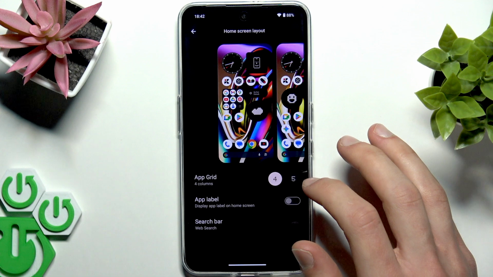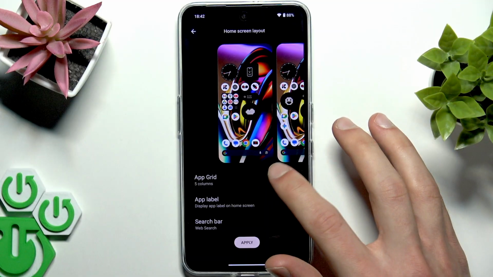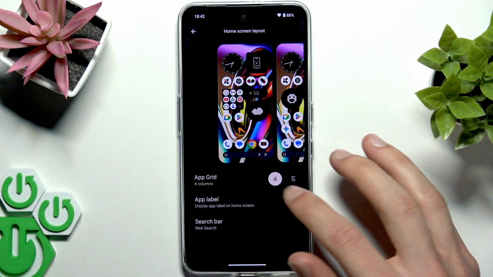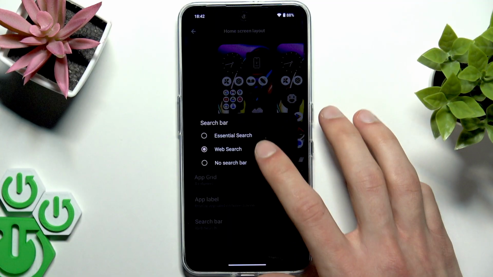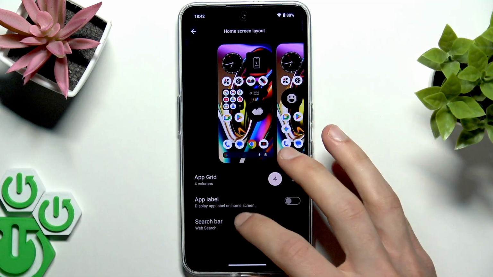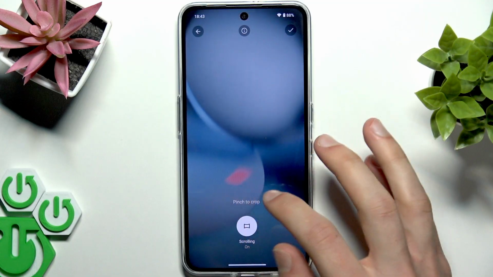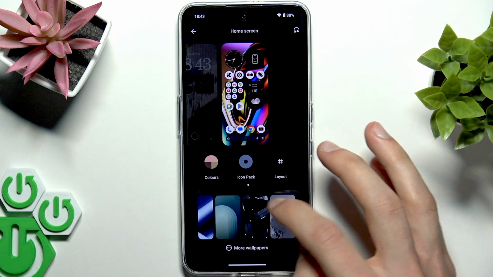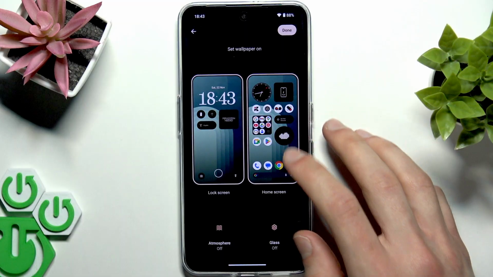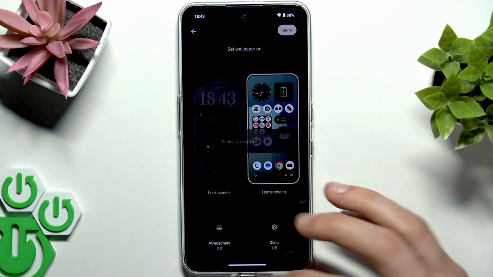We can also change the layout. Choose the app grid, so how many apps are displayed on one screen. And we can also display or not display app labels, and choose what the search bar does, or if we even want to see it on the home screen. And also we can add a wallpaper to our home screen. Tap done when you're done, and now let's go to some more